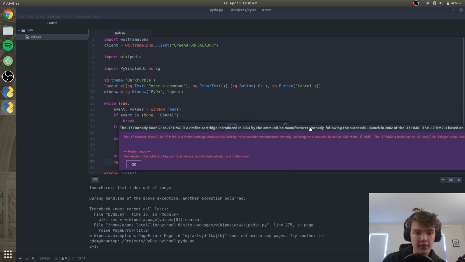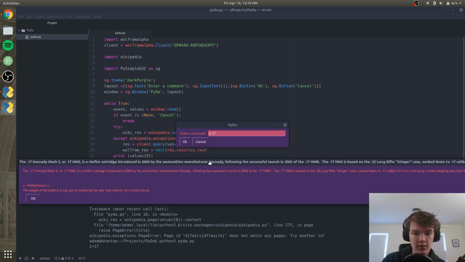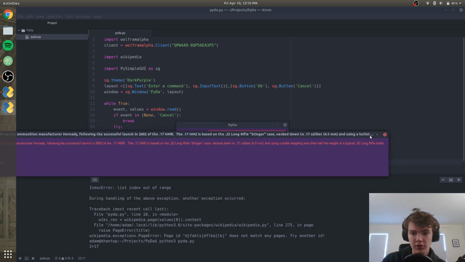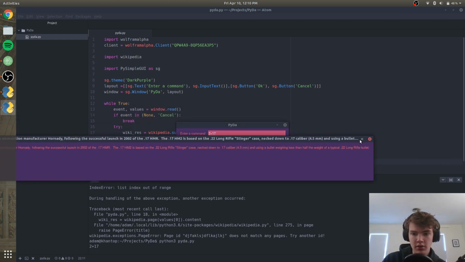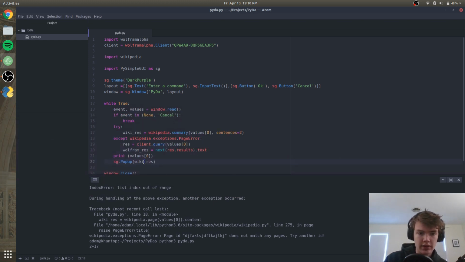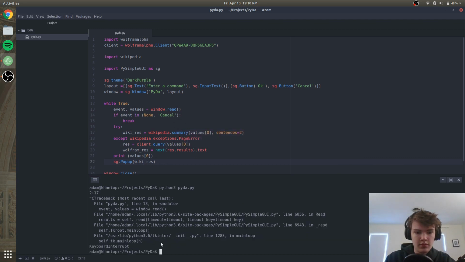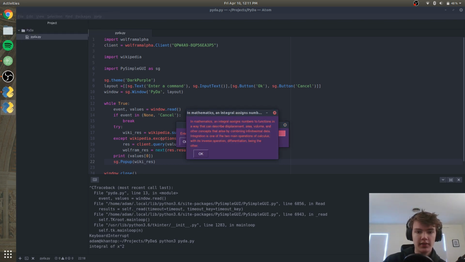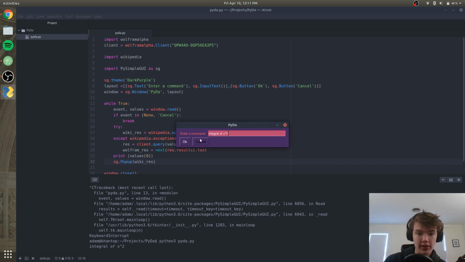Oh my goodness, what? It's about a rifle, interesting. Let's see, can we resize this window better? We'll figure that out later as well. Okay, let's try something different. Integral of x squared. In mathematics, an integral, yeah, okay, we know what an integral is, but we want to try to find,